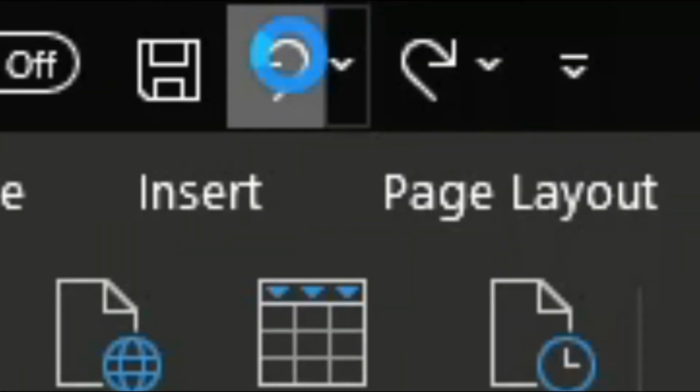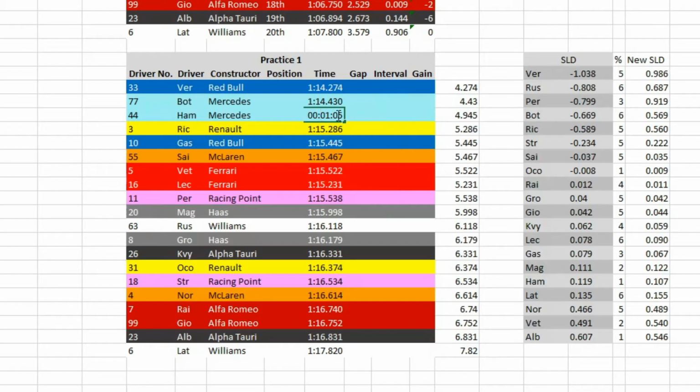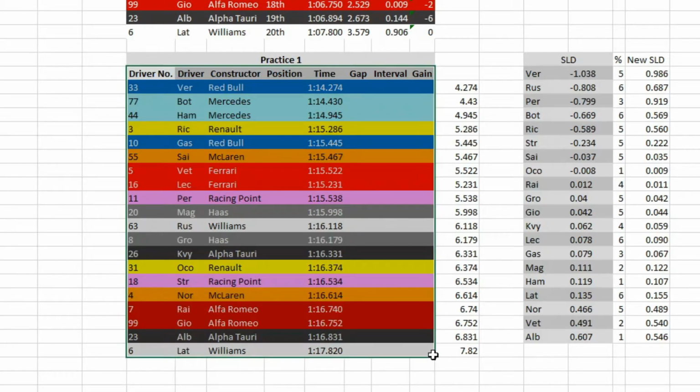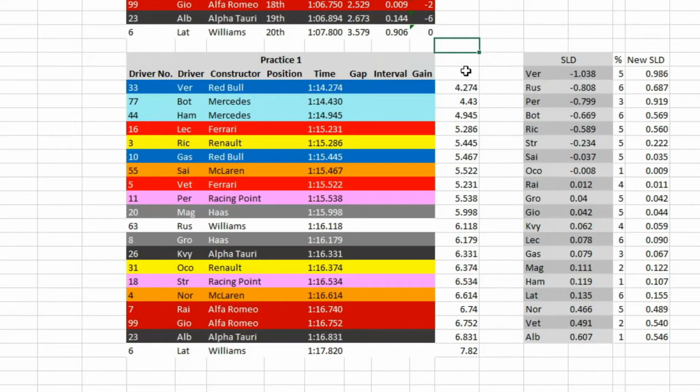Undo button. Undo. Hamilton. Change that to a 1 minute 14.945. Right. Ignore the fact that they're 10 seconds slower. That's me being stupid, absolutely stupid. So, yeah,